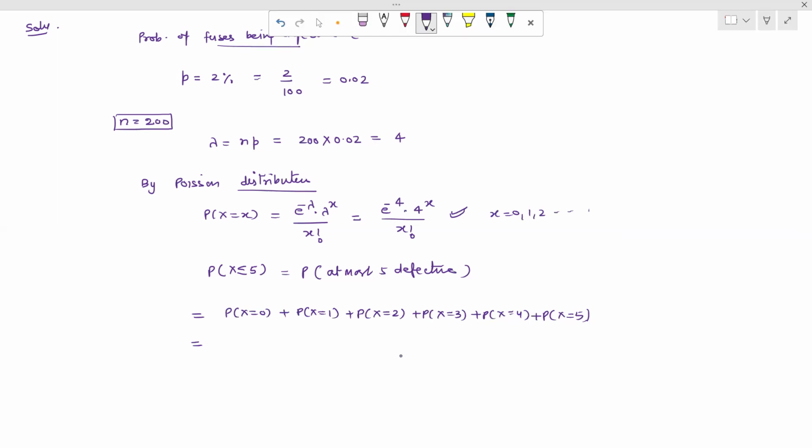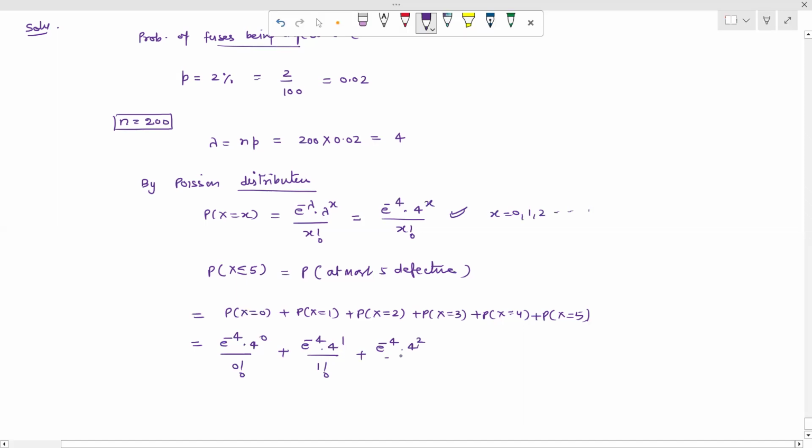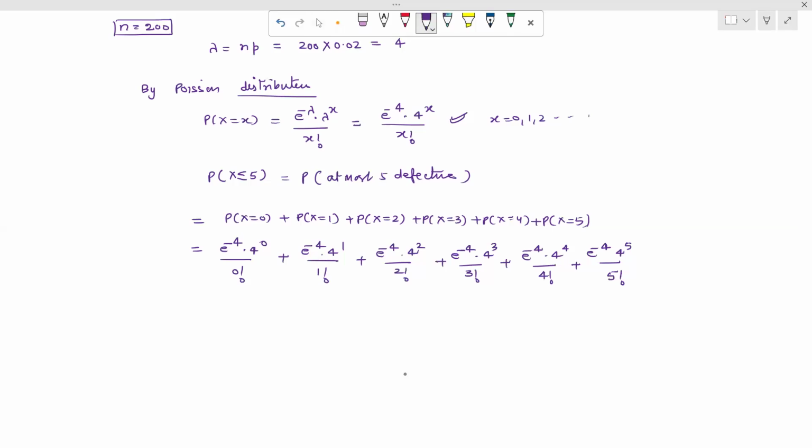अब यहाँ पर ये वैल्यूज पुट कर देंगे. तो x की जगह 0 पुट करेंगे, तो this gives us e raised to the power minus 4 into 4 raised to the power 0 upon 0 factorial plus e raised to the power minus 4 into 4 raised to the power 1 upon 1 factorial plus e raised to the power minus 4 into 4 raised to the power 2 upon 2 factorial plus e raised to the power minus 4 into 4 raised to the power 3 upon 3 factorial plus e raised to the power minus 4 into 4 raised to the power 4 upon 4 factorial plus e raised to the power minus 4 into 4 raised to the power 5 upon 5 factorial. ओके, so डायरेक्ट वैल्यू पुट कर दी हमने, x की जगह 0 1 2 3 4 5 पुट कर दिया।